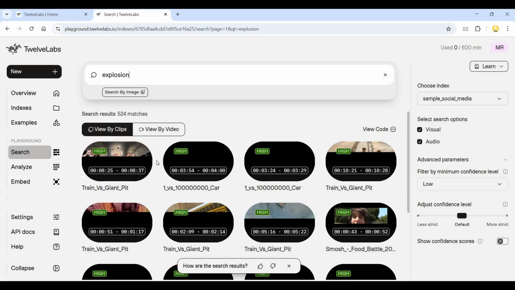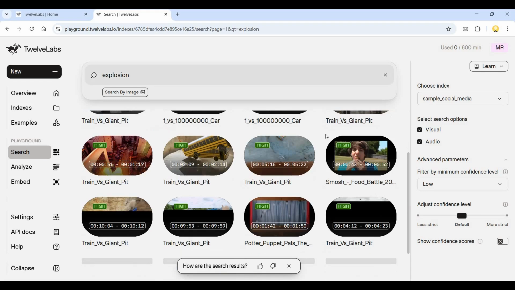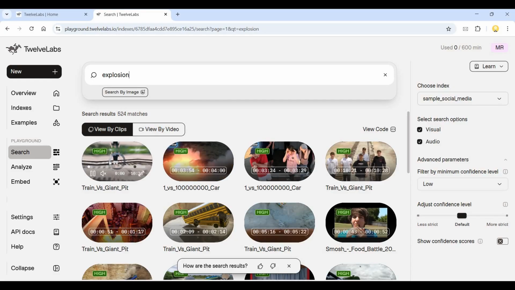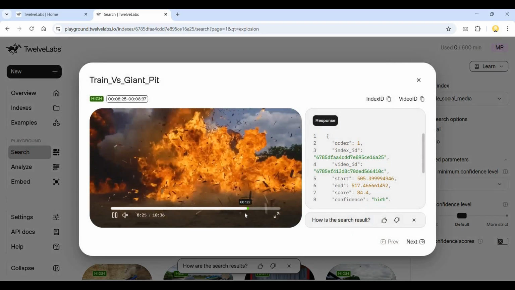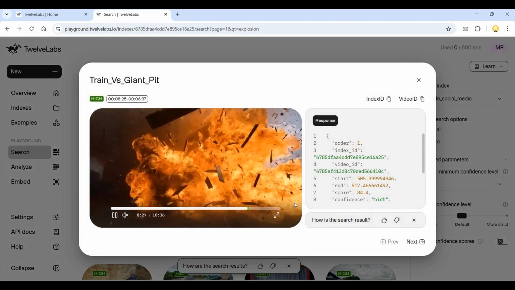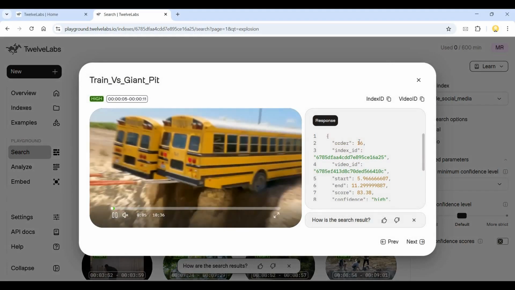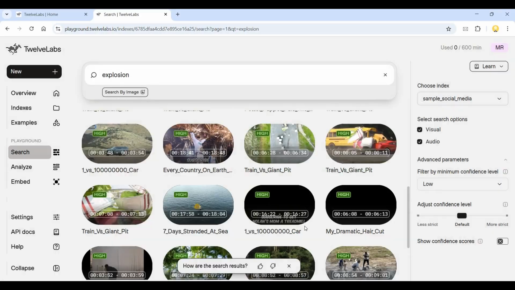Now you see all the instances where there is an explosion. I can pull any video and pull that out. See, here I can see an explosion. Now here, where do I see the explosion? Something is happening in this train scene. In this area, you see? That is an explosion. Now if I look into any other video, let's say this, okay? There is an explosion. See, there is an explosion here.